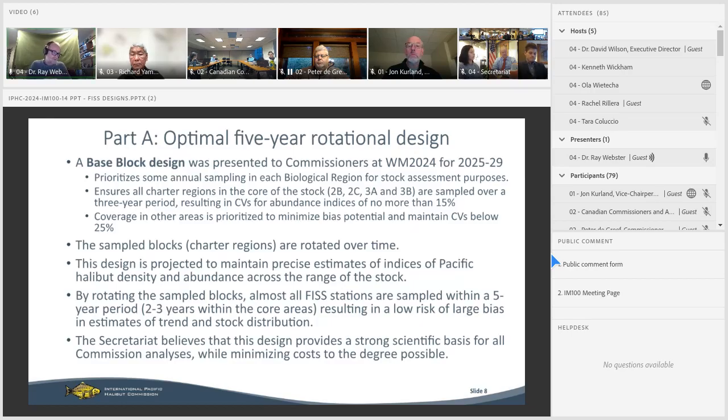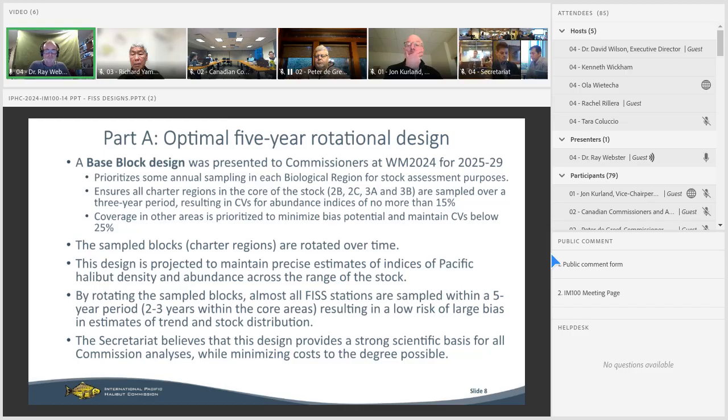So turning to the information we provided to the Commission at the work meeting in September, and again at the special session, we devised a base block design presented for 2025 to 2029. It prioritized some annual sampling in each biological region for stock assessment purposes, ensure that all charter regions in the core of the stock, 2B, 2C, 3A, and 3B, are sampled over a 3-year period, resulting in CVs, which are relative measures of precision, for abundance indices of no more than 15%, which is relatively low, and coverage in other